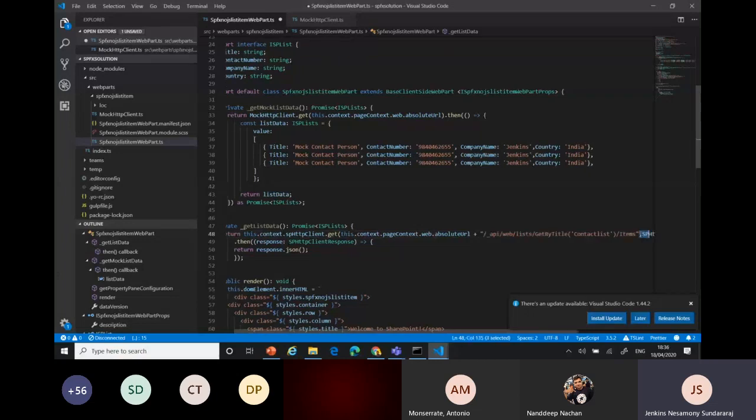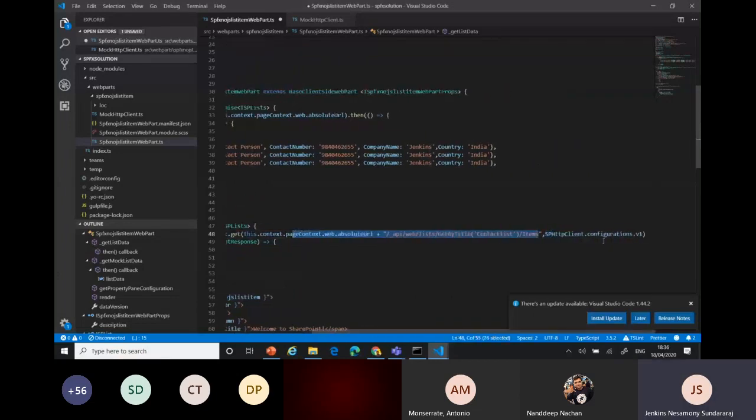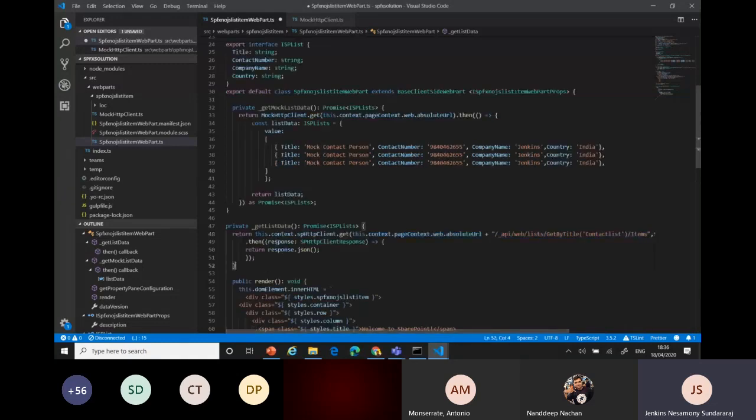The REST service, the items I'm passing. Here I'm passing the configuration version 1 because the configurations are changing. That's the reason we are adding it. And from there we can see I'm getting the client response and returning back the JSON. I already told you, right, the request goes to the SharePoint server, and it returns back a JSON object. The response.json we get back.